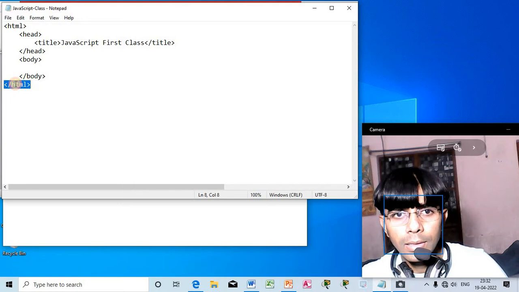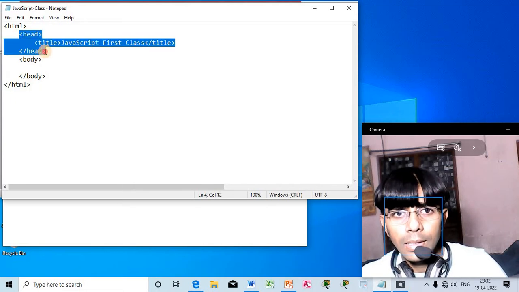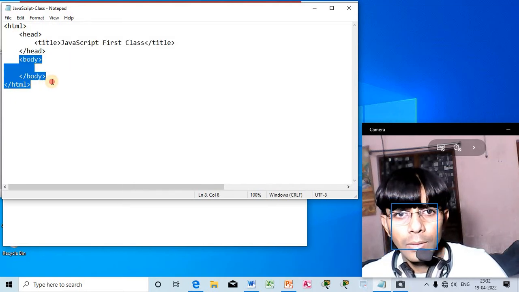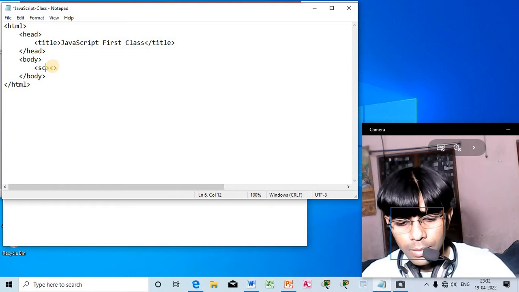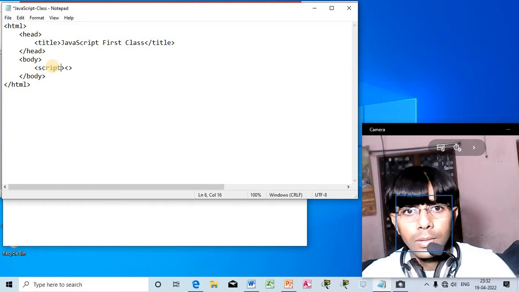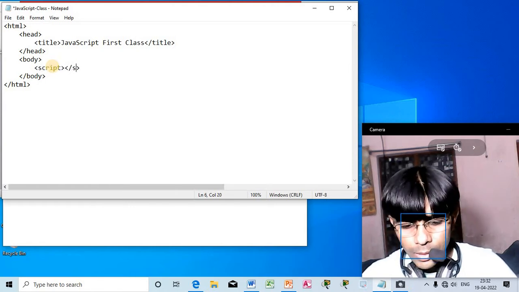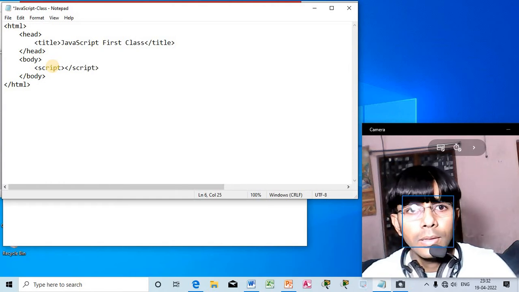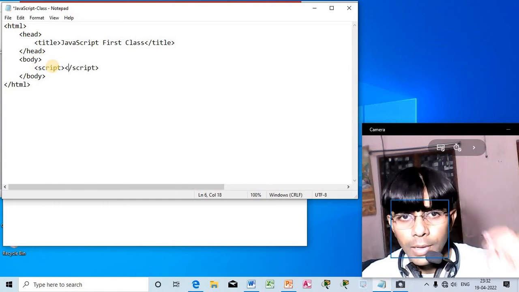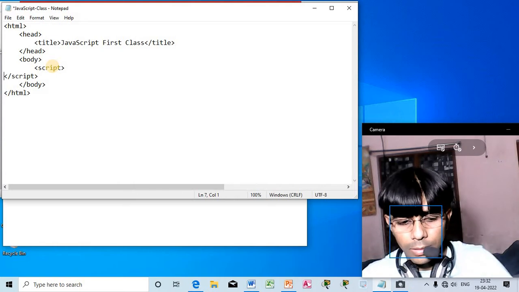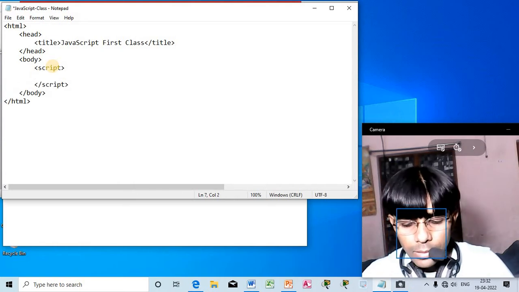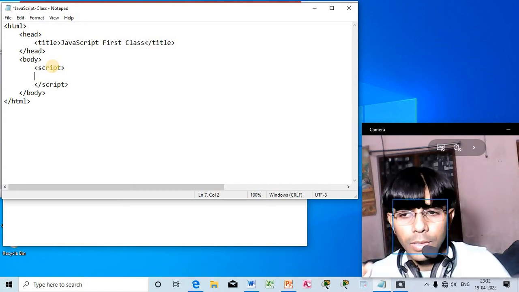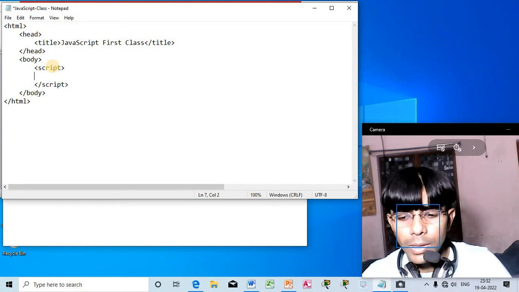HTML root tag, head, inside head we have title and we have body, right? So here I will write script opening, script closing, right? And here the first thing I will do, I will accept the first number from the user,